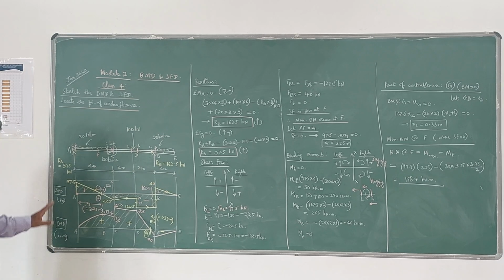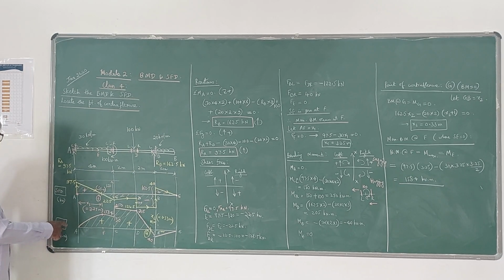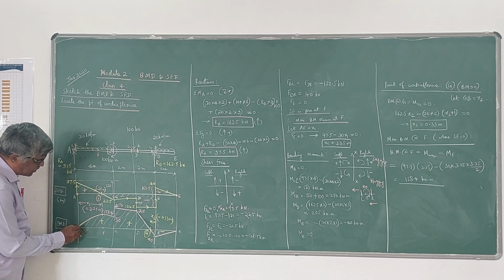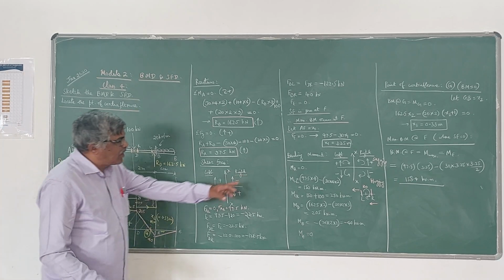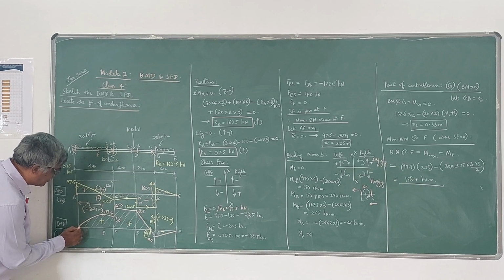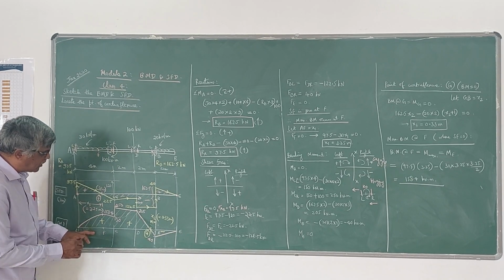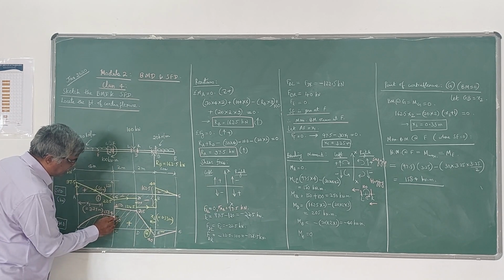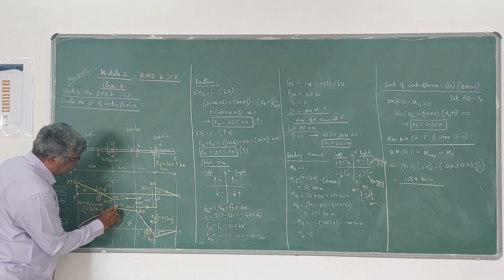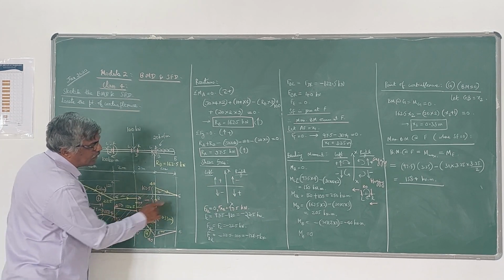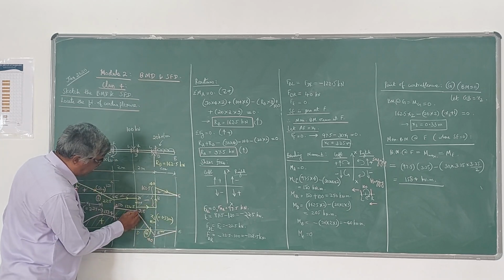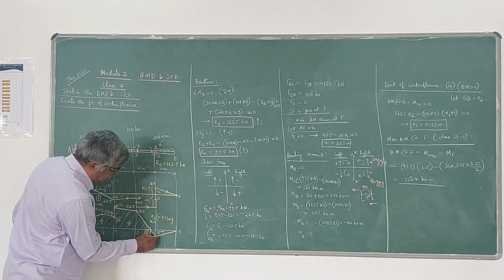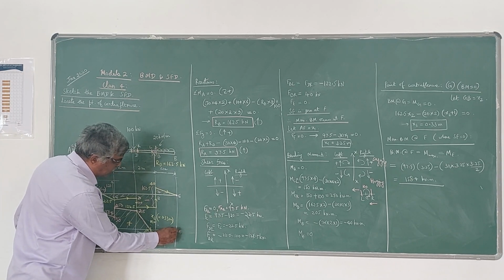So those values you can plot in a diagram to give the bending moment diagram, BMD, in kilonewton meter. So let us plot the values. From A, the value of bending moment at A is 0, first value is 0. Second value, you are going to get MCL 150, then third value MCR 250, then next value MD 205, then MB minus 40, so below the line, minus 40, then ME is 0.